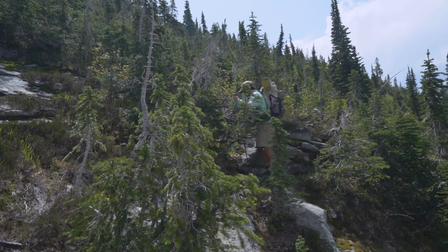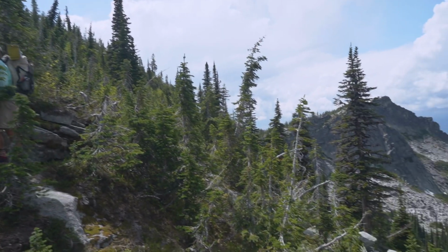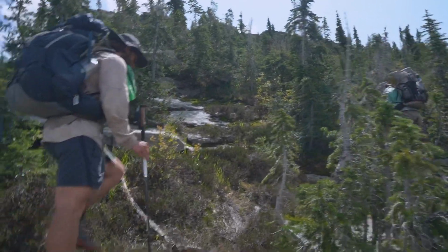It's not good over there? Nah, dude, it's steep. Yeah. Nope. Back to pushback and